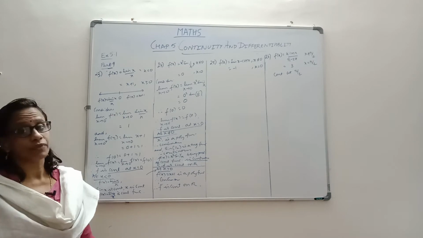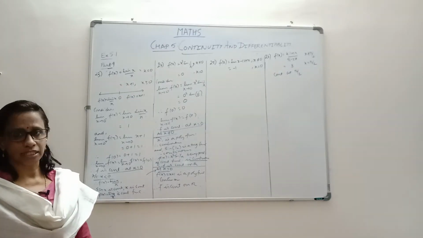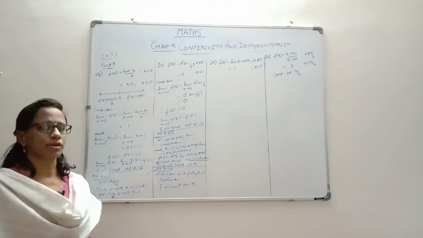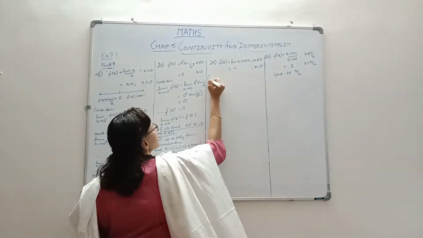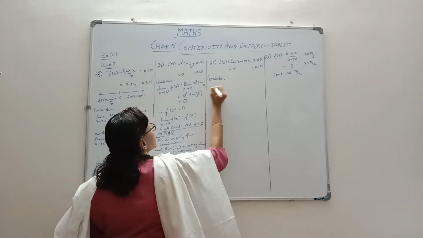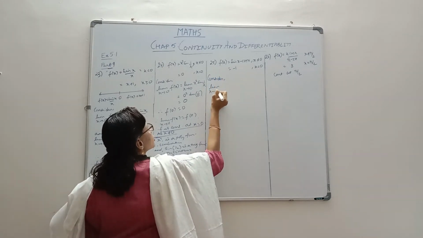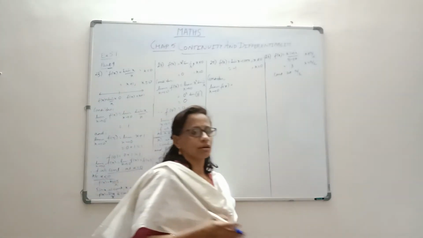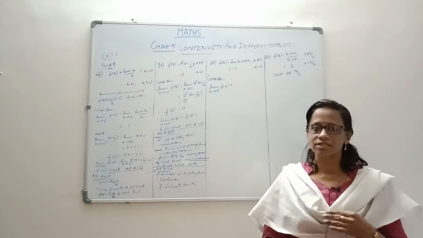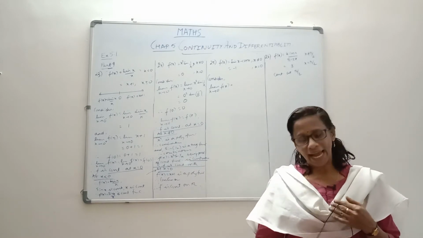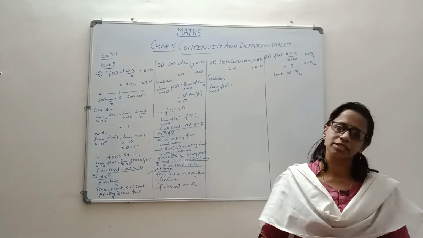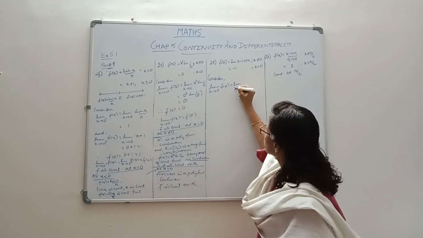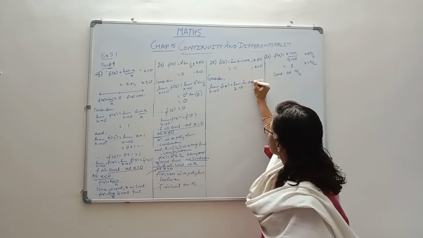We are moving to the next question, where they say that f of x is defined as sin x minus cos x when x is not 0 and it is minus 1 when x is 0. We have to check whether it is continuous or not. So same thing, we will check around 0 first and elsewhere we will check. So let's consider the limit as x tends to 0 f of x. It has been our habit to check whenever the function is defined as a variation at a certain point, then at that place we will check first, and then other places we will find out whether it is that way or not. So, limit as x tends to 0 sin x minus cos x.